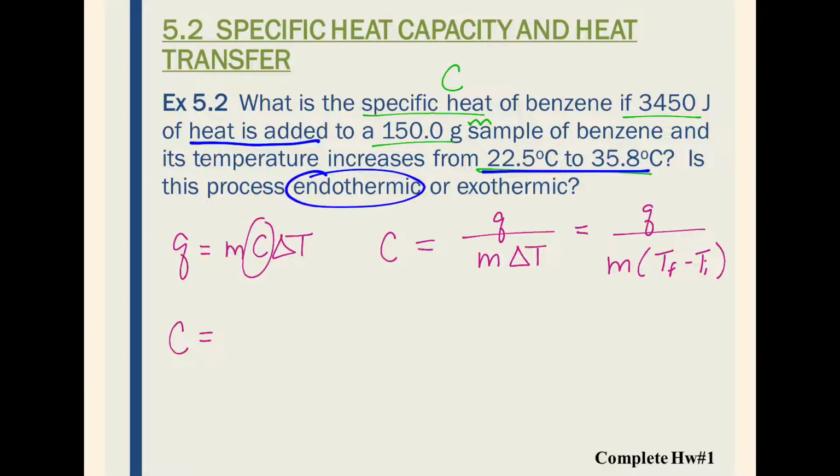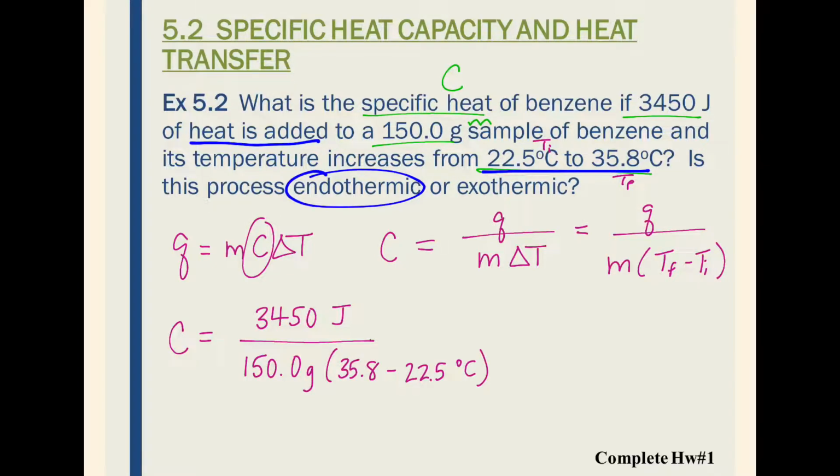But your choice. So if I start plugging things in here, my Q would be my energy value. So I've got that in joules. Our mass is 150 grams. And then final minus initial. The second one would be the final temperature. The 22.5 would be the initial. So if I subtract,